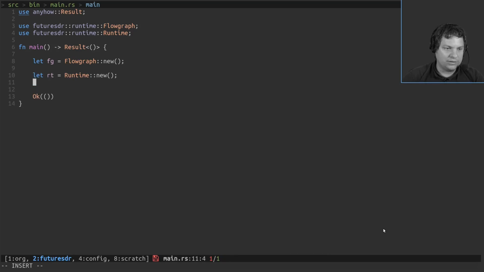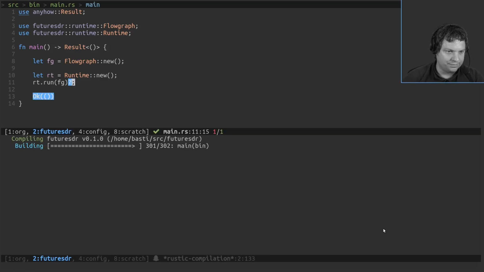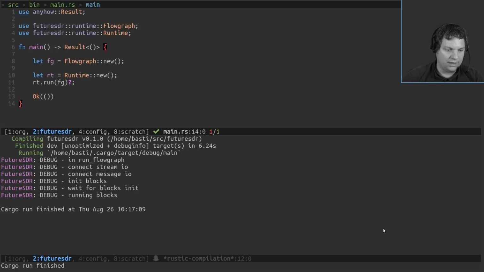The runtime allows us now to actually run the flow graph. So hopefully this should already compile. Let's see. That looks good. Obviously the flow graph is empty. So what do you want to do? You run it. It returns immediately, and then the program finishes. So it's done.